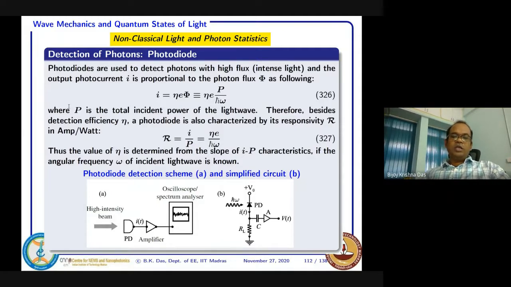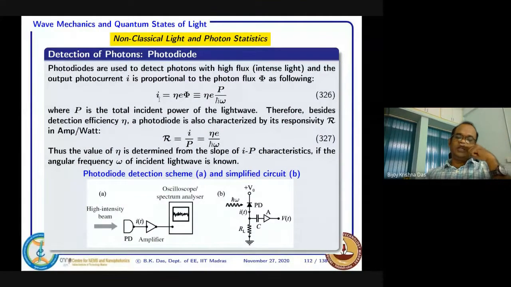So if you see, conventionally, you know that an electron hole pair generates because of one photon. And if it is multiple photons, for example, you have a flux of photons coming with capital phi here, then you have eta, the efficiency, you multiply with eta, so electron hole pairs will be generated, and multiplied by charge, that should be the current.